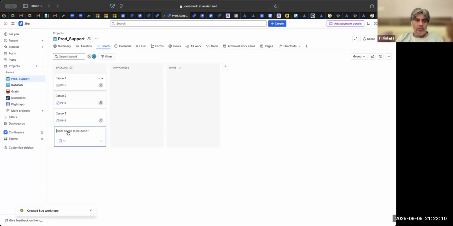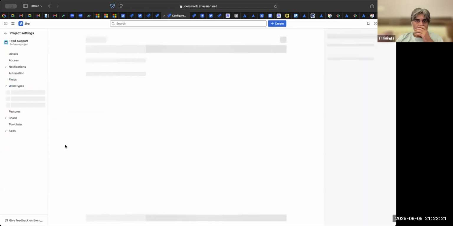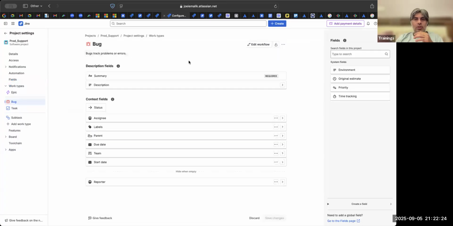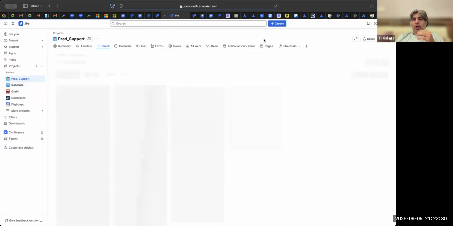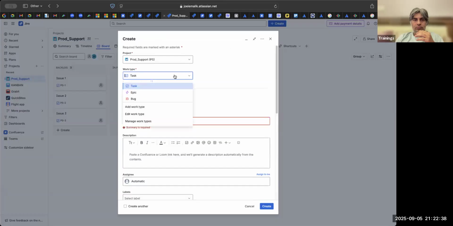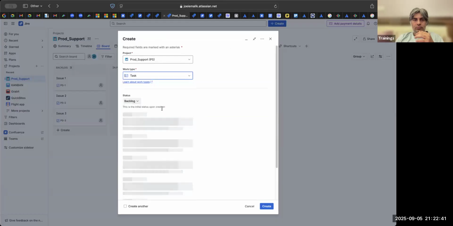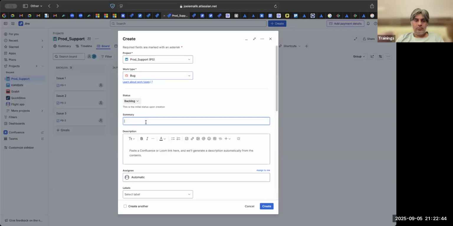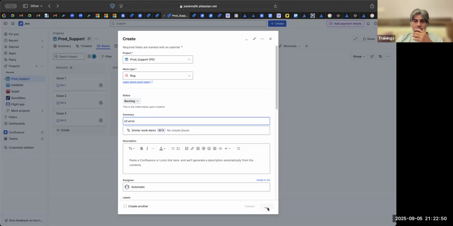Okay, now it should allow. It comes here, but it does not give me the option. I have to create the workflow.